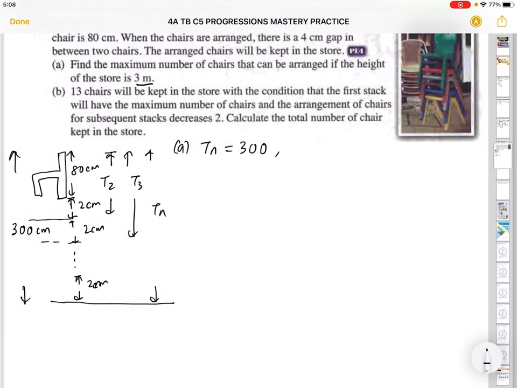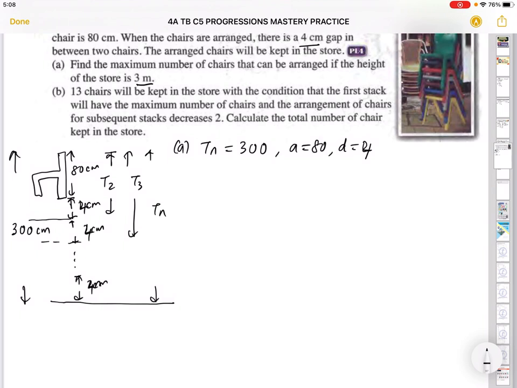By the way, my A is 80. My common difference is 4 cm. Did I write 2 cm? Oh, sorry, it's not 2, it's 4. Oops. 4 cm, 4 cm. Okay. So my D, I have to increase by 4 cm, 4 cm, 4 cm each until my total